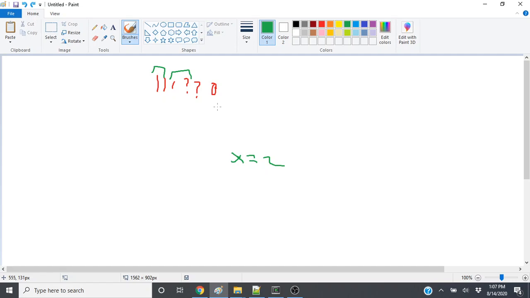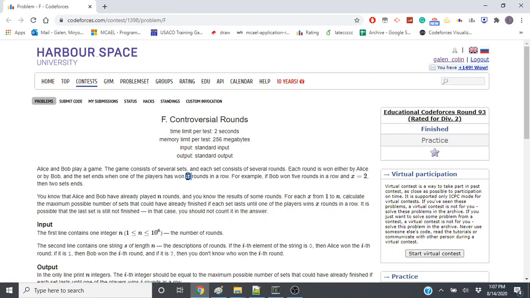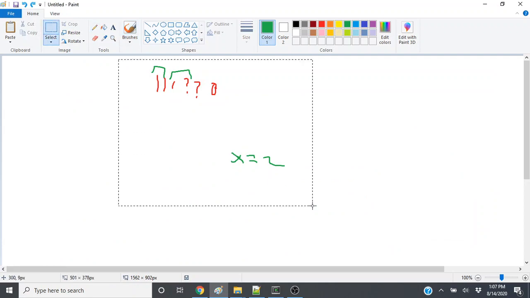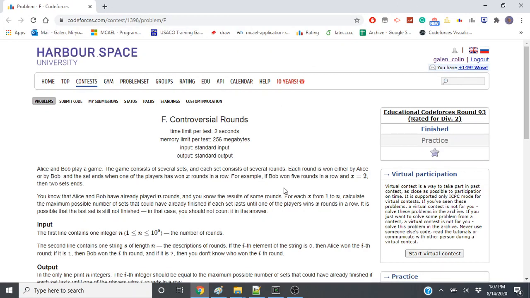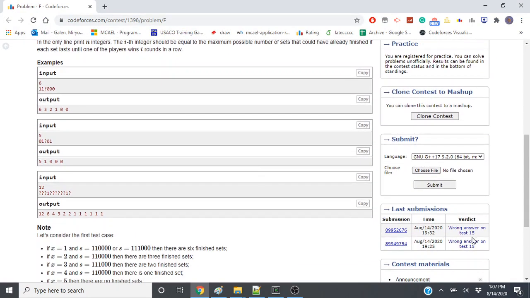But the issue with that is that the problem asks you to compute it for all x. So if you were to just do the brute force out for all values of x, it would take O of n squared, and that will not be fun. You will not be happy. So instead what you have to do is be smart about it, I guess. And my way of being smart, which it turns out was not actually smart because it got 2 wrong answers, was